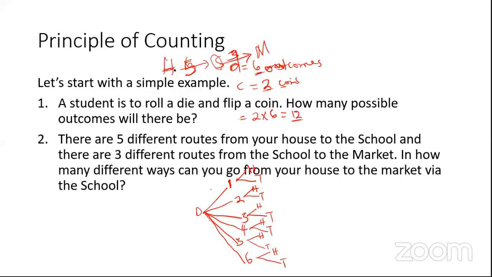From house to school, you can do that 5 ways. From school to market, you can do that 3 ways. If you are doing both, it means it will be what? 5 times 3. That is what? 15 ways. So that's the principle of counting. That if from A to B,